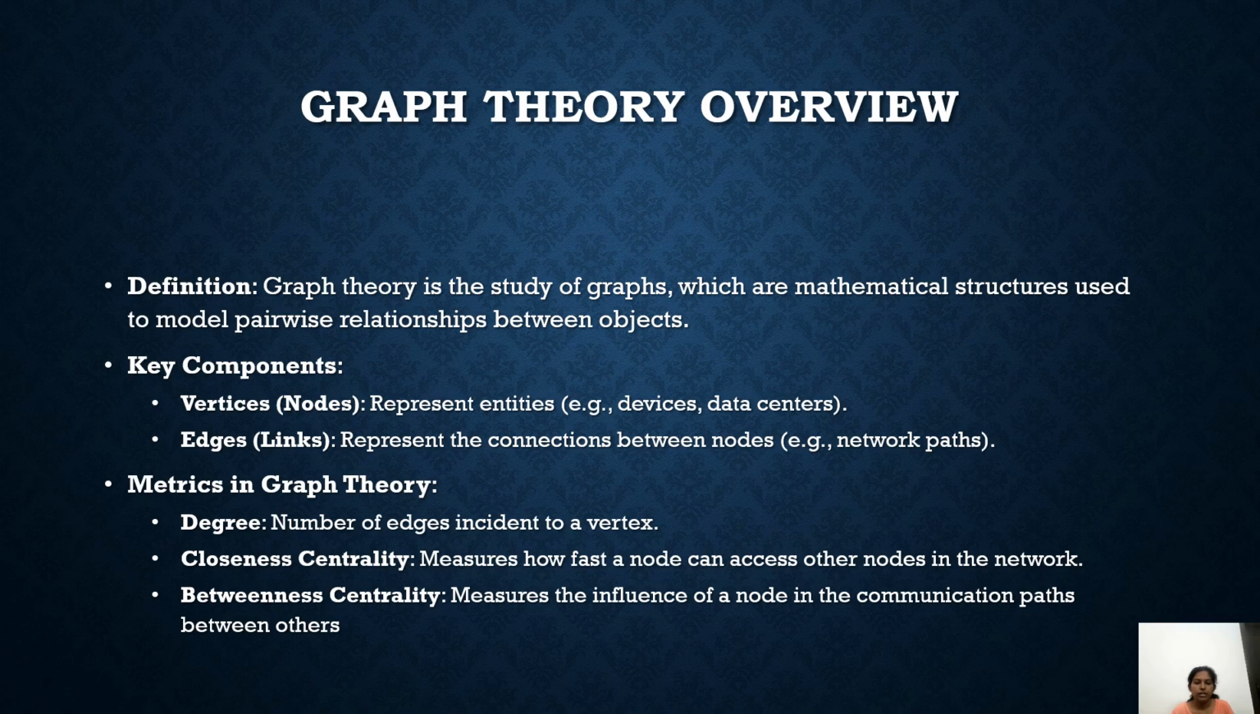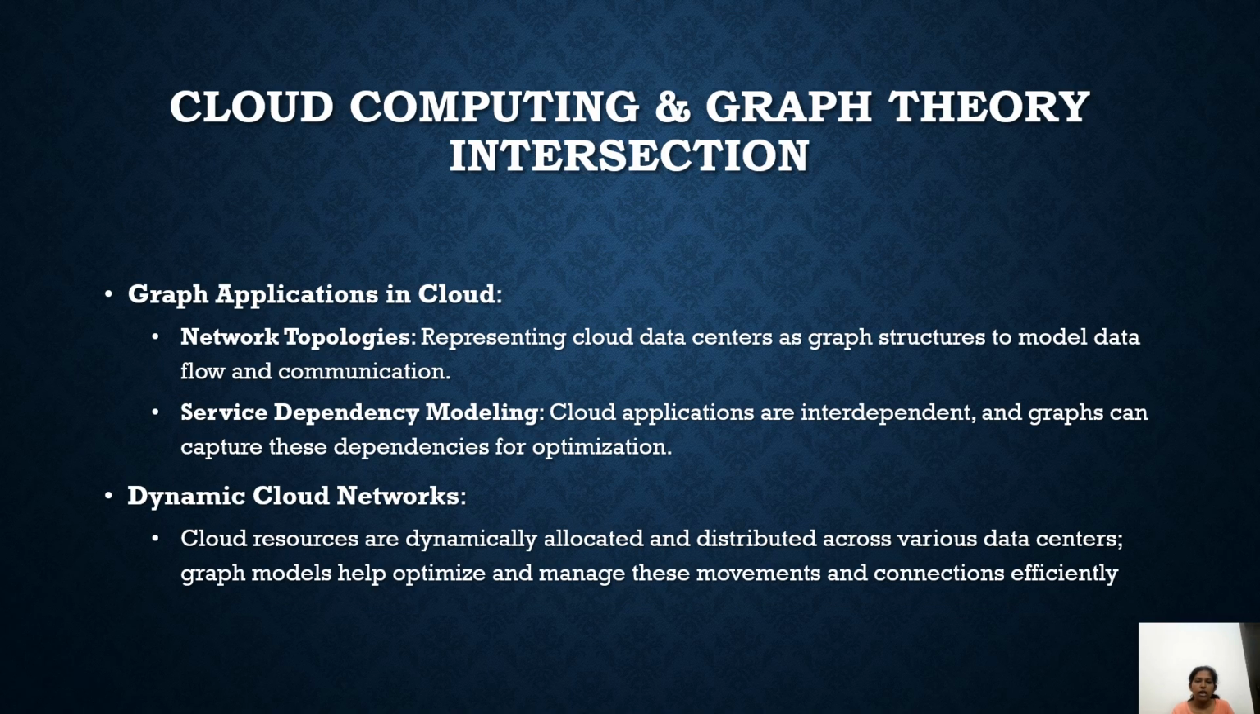Closeness centrality measures how fast a node can access other nodes in the network. Betweenness centrality measures the influence of a node in the communication path between the others. Cloud computing and graph theory intersection. Graph application in cloud. Network topologies. Representing the cloud data centers as graph structures to model data flow and communication. Service dependency modeling. Cloud applications are interdependent and graphs can capture